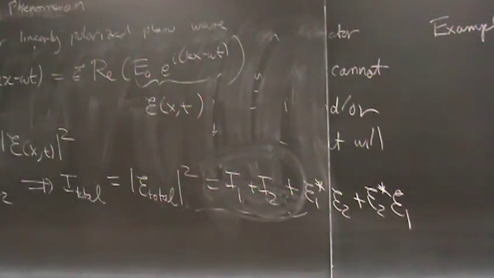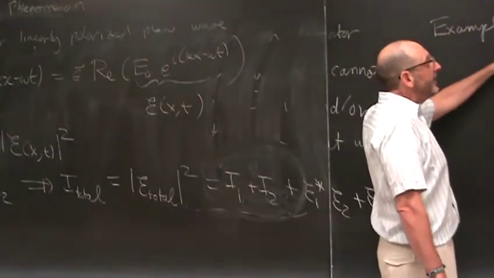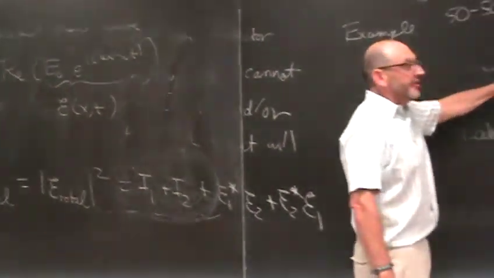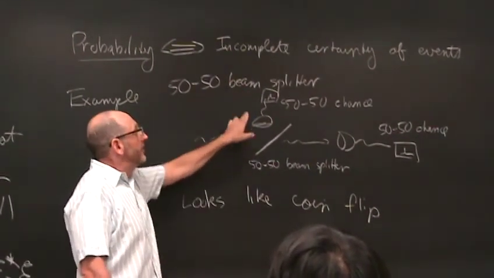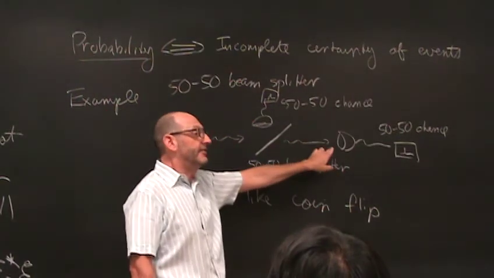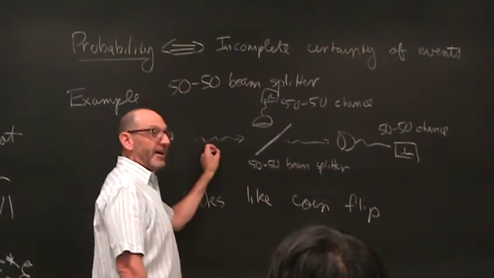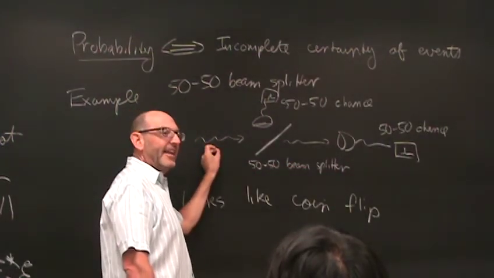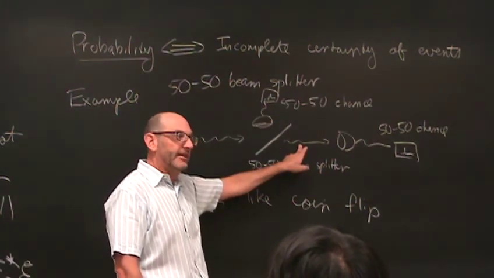So this is familiar in some sense, but yet quite completely different. Because in the case of the classical field, if I send in a wave at this beam splitter, half of the intensity is reflected and half of the intensity is transmitted. But if I have a single photon here, it's not like half of the photon is reflected and half of the photon is transmitted.